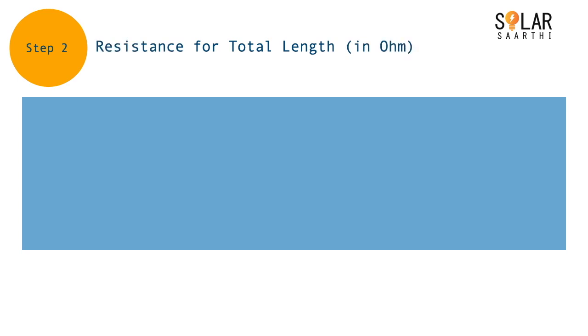Now to calculate the resistance for the total length, because in the voltage drop formula the resistance that needs to be added was in ohms and not in ohms per kilometer, we need to multiply by the total length of the circuit. The module to inverter distance was given as 30 meters. Note that this is the inverter to module distance and not the cable length. Since we need to know the complete circuit length, we have to add the distance of both positive and negative, that is red and black cables. So the cable length, positive plus negative, would be 30 plus 30, that is 60 meters.